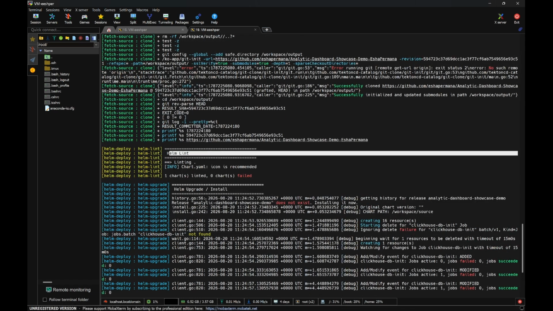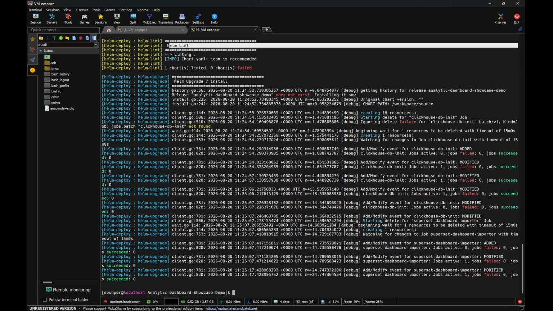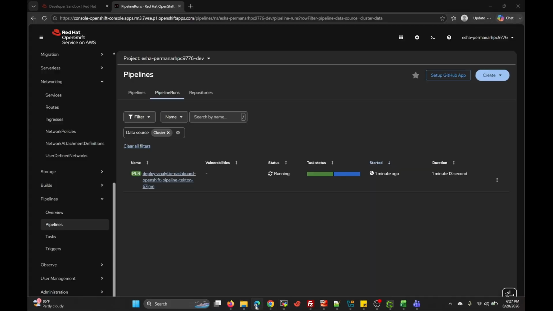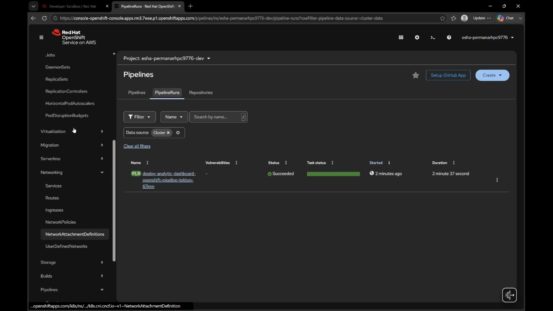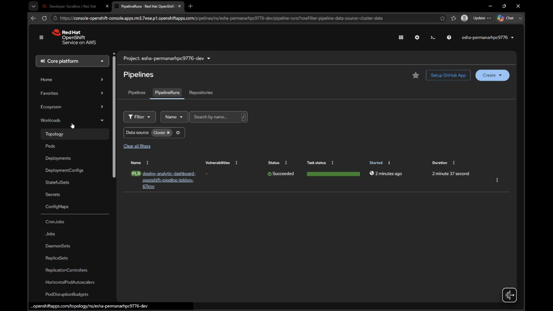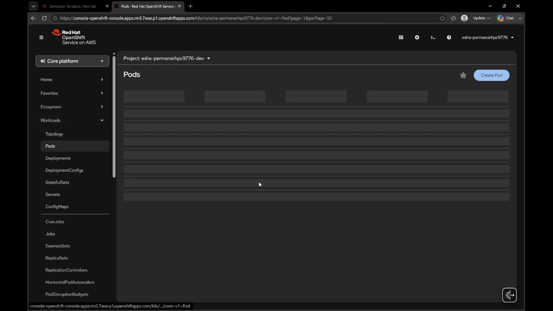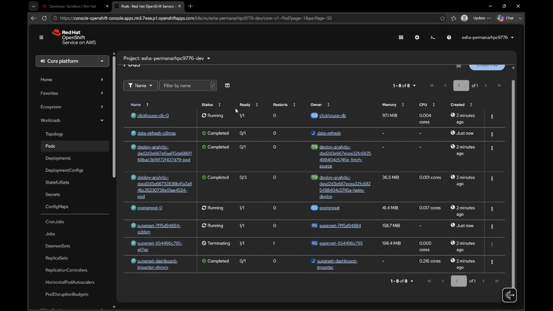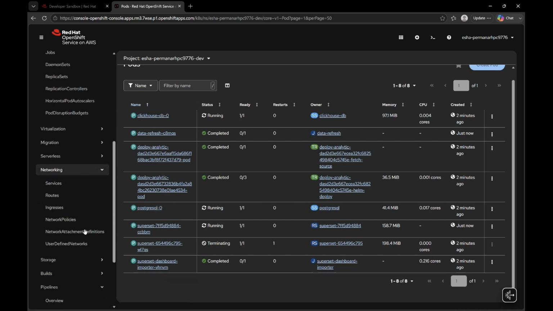Yeah, Helm Lint has already executed, and then Helm upgrade and install already executed. So we can check on our workload. Go to the pods. Yeah, the pods are already created.